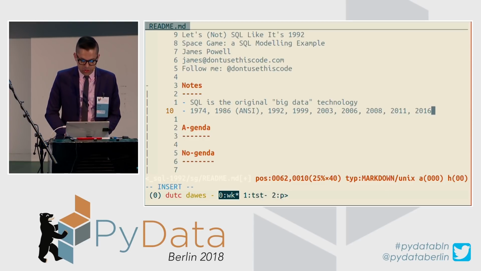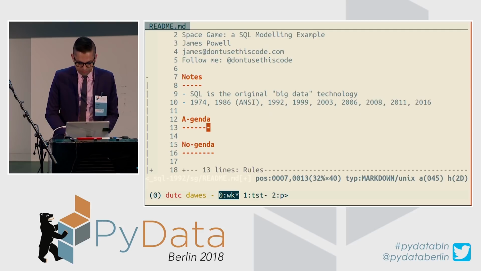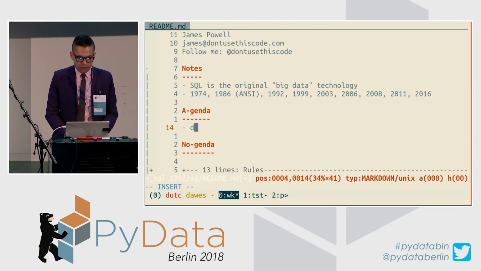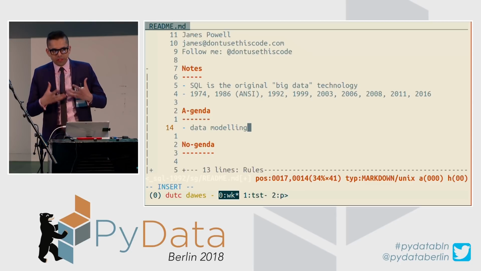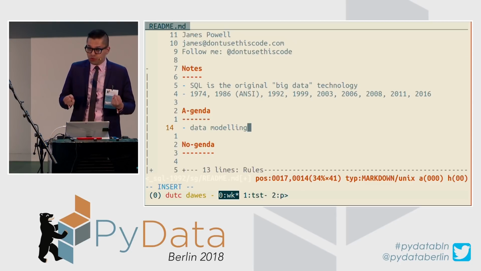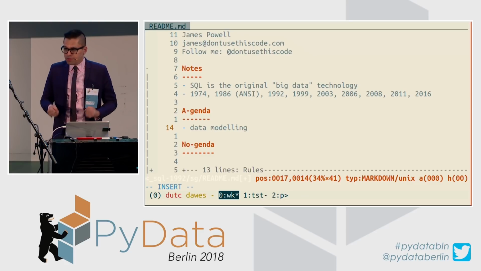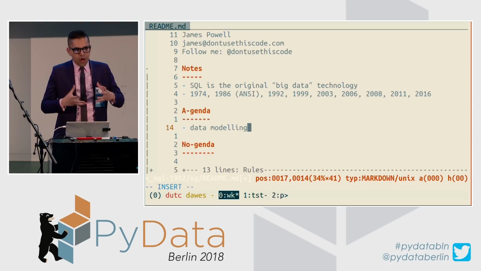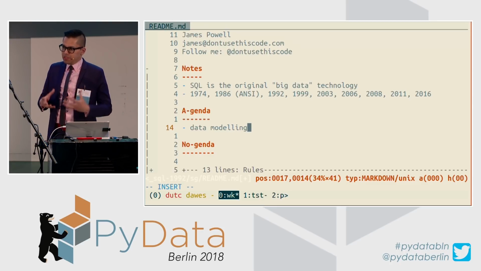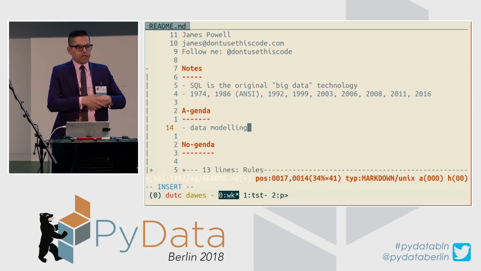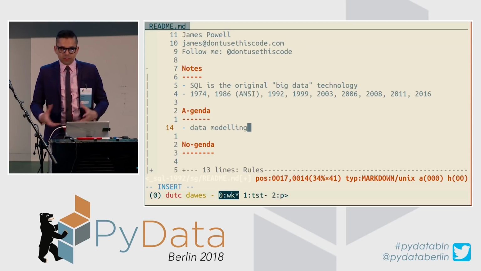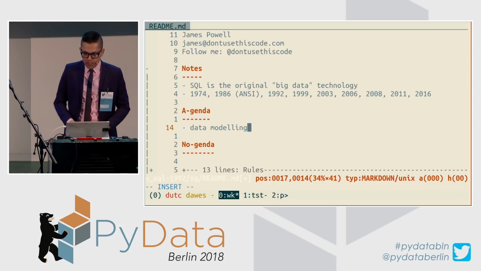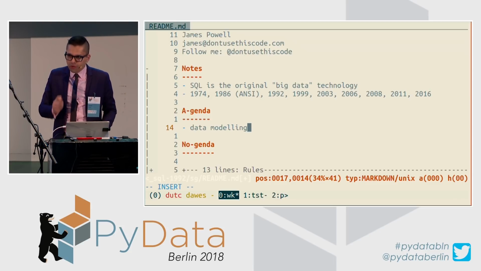So I'll give you the broad agenda of where we're going. The goal of this talk is to talk about data modeling and relational data modeling. I think data modeling is one of the most interesting things we can do as computer programmers. It is the hardest part of our work to automate, because it requires really fundamentally understanding a business domain and reducing the complexity, the infinite profundity of the real world, to something that a machine can automate. It requires a lot of insight, thought, and vision in terms of what the tool that you're building actually does.